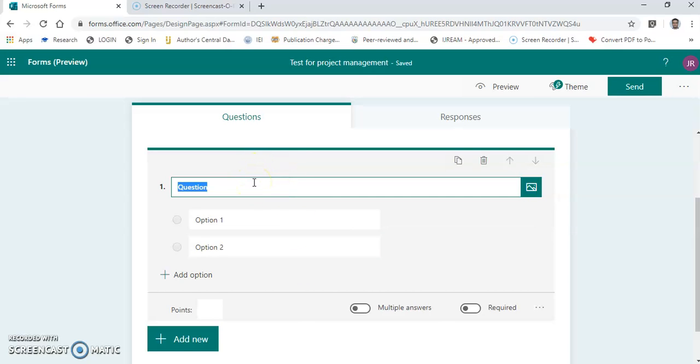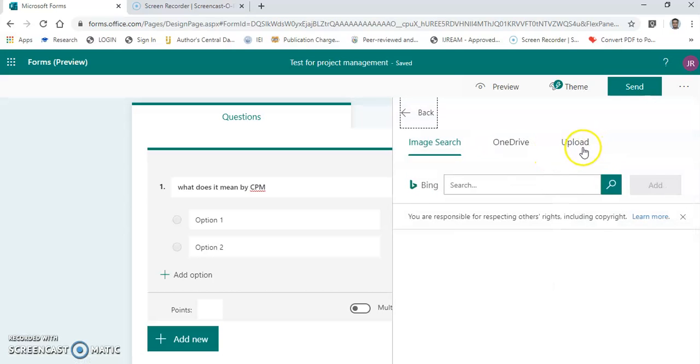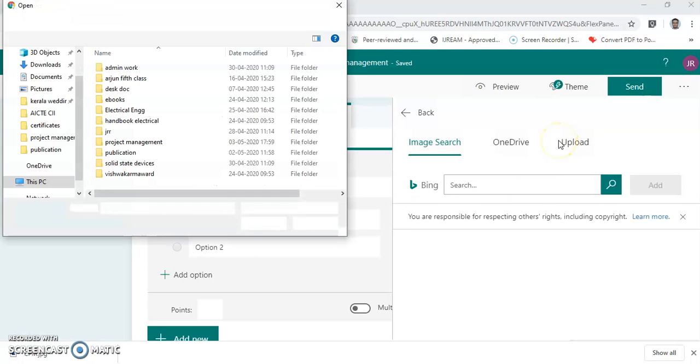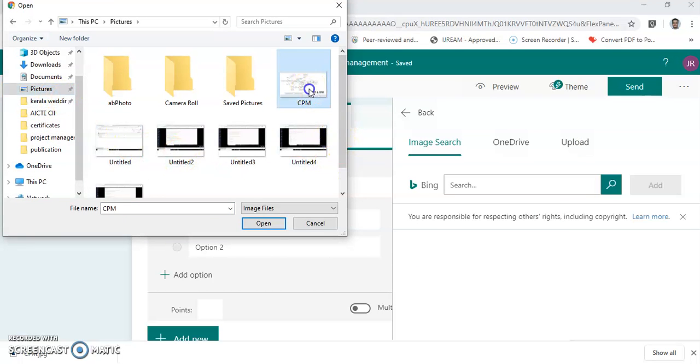The next window that will pop up in front of me will ask for questions. So I'm going to write one question here. So I have written one question over here. In that question, I can also insert media, images or video. If I want to enter an image over here, I will click on image. From my system, if I want to insert an image, I will go for upload. After I press the upload button, it will ask for the path of an image. So I will go to the image path, and from that I will select an image.